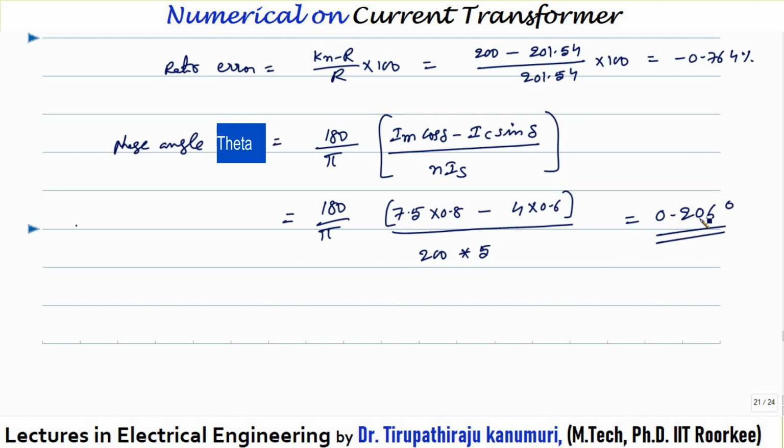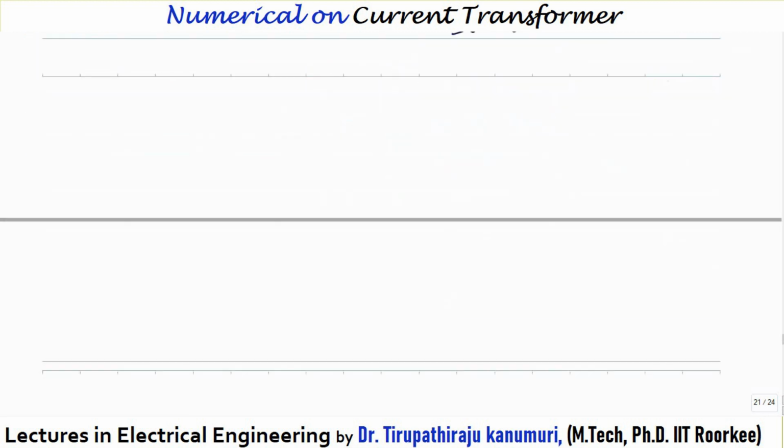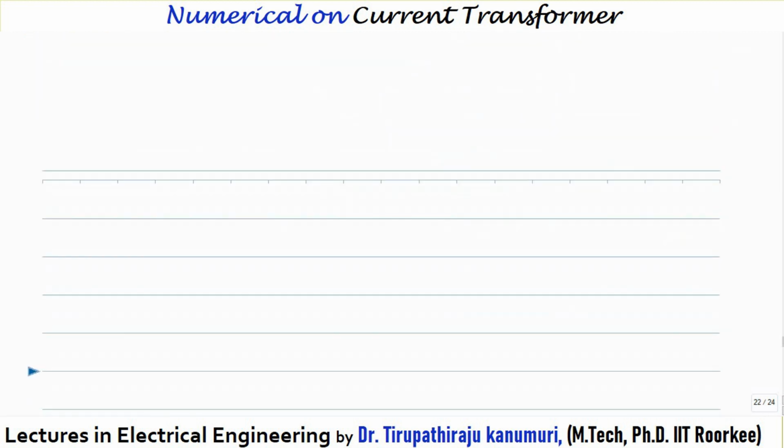You can see that this angle is coming in degrees, but when the value in degrees is very small, generally it is represented in minutes in some books. If you want to convert this to minutes, you have to multiply by 60, since there are 60 minutes for each degree. So 0.206 multiplied by 60 is 12.36 minutes. Remember this is in minutes. Sometimes they are represented in seconds of the degrees also. If you are confused, you can leave it, or if you already have an idea, you can follow this.